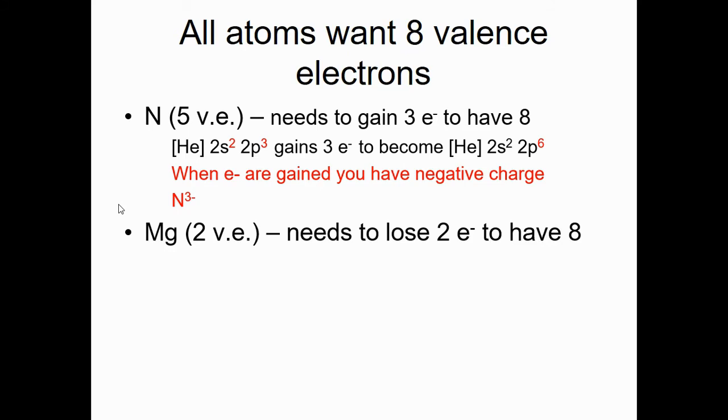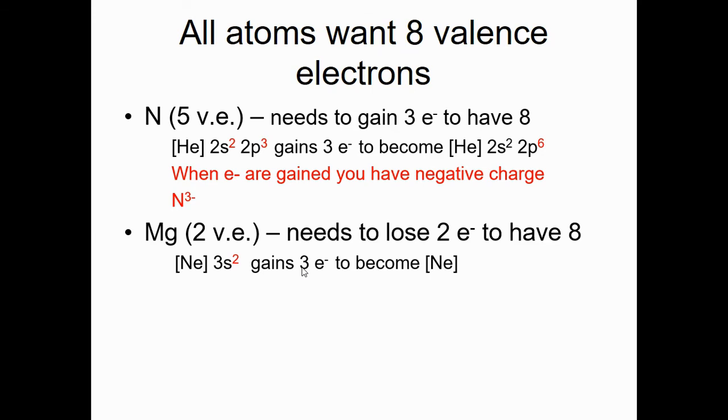So it starts bartering off its electrons. It'll say, I've got extra electrons. Who wants an electron? I've got extra electrons. Who wants an electron? Nitrogen might come along and say, you know what? I need an electron. Why don't you give it to me? I'll take it. Okay, so then magnesium is going to lose 2 electrons. When it loses 2 electrons, it goes from this configuration, 3s2, and it becomes just Ne. It loses 3 electrons. Loses. So now magnesium still has,